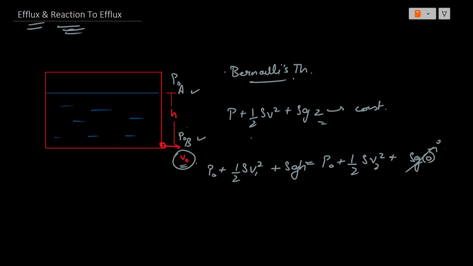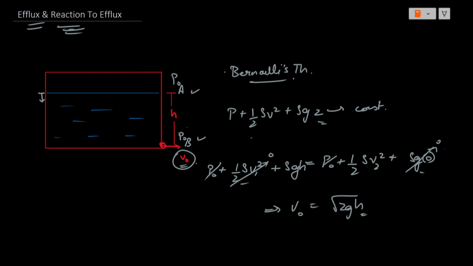Also we can assume the velocity at point A to be negligible, right? It will almost be 0. So we have this term cancelling out with P0 and P0, this being 0 and this being 0. So the velocity V0 comes out to be root 2 g h,